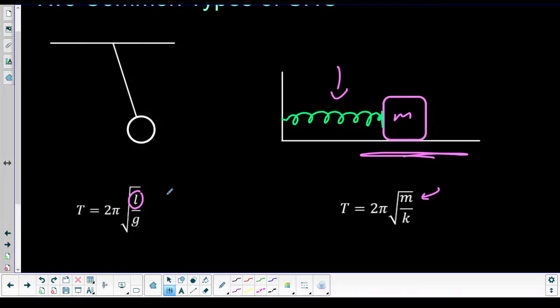You might say, Mr. Brown, why doesn't this have a mass? If I make this heavier, shouldn't it take longer? You would think so, but the issue here is the force driving this thing is weight, and it has mass in it. So the heavier you make this thing, sure, you're moving more mass, but the thing moving the mass depends on the mass itself. So they kind of come out in the wash and cancel each other out. If I'm heavier, I'm harder to move. But if I'm heavier, gravity pulls on me harder, so it's moving me more. So it cancels out. Here, because our restoring force